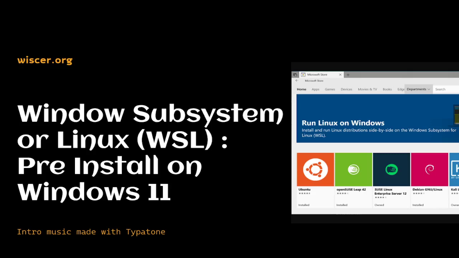Hello everyone. In this video, I would like to install WSL from the Windows. So WSL stands for Windows Subsystem for Linux. The first time I heard about this WSL, I was very excited because I used to be a Linux user,